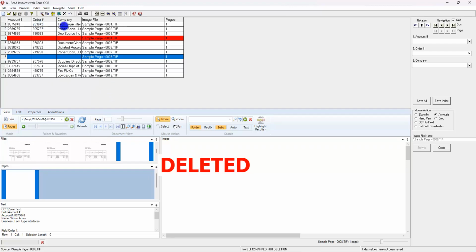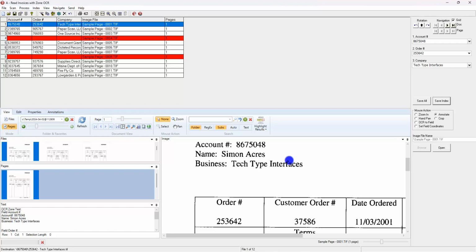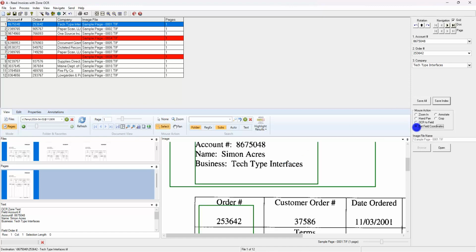Let's take a look at one other thing. Let's go back to the first record here. When we were looking at how to set up your index fields, I showed how to draw your zones in that interface within the configuration wizard. Well, you have another option here. This is handy when, let's say, we get into our job, we've already configured it, and we realize that some of these invoices are printed on the page a little differently. They're slightly shifted. Things are up or down, left or right, and it would be handy if we could just redraw that zone. So we can go to the Set Field Coordinates radio button right here,